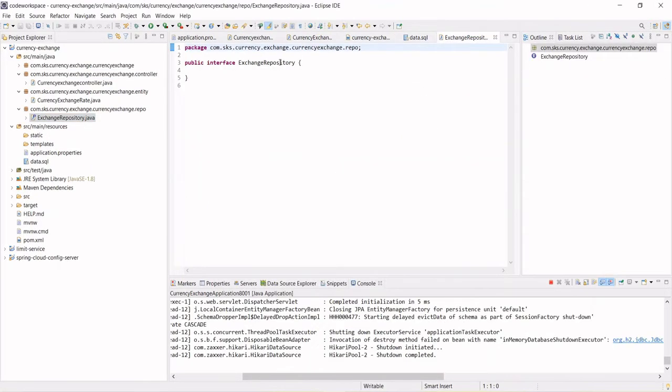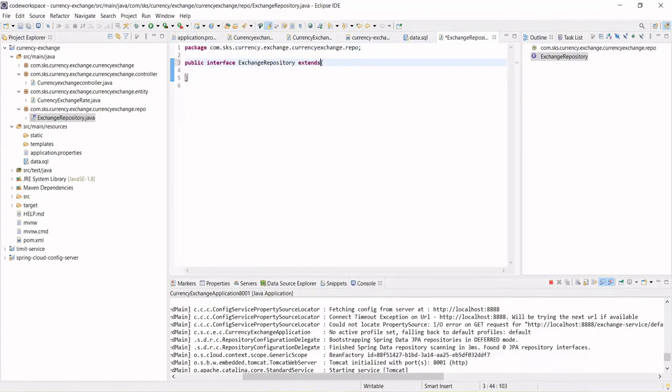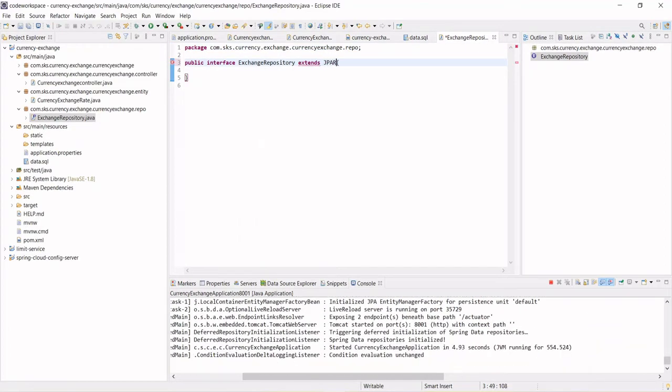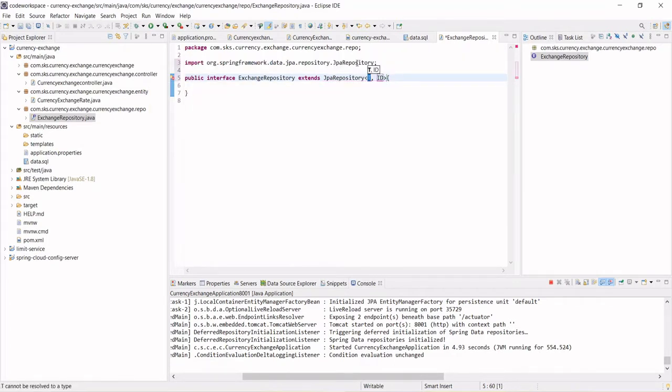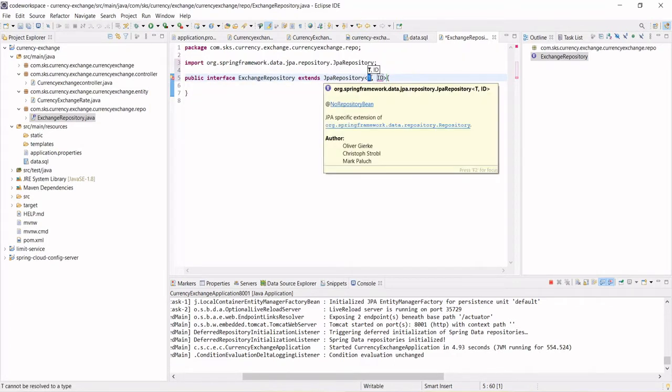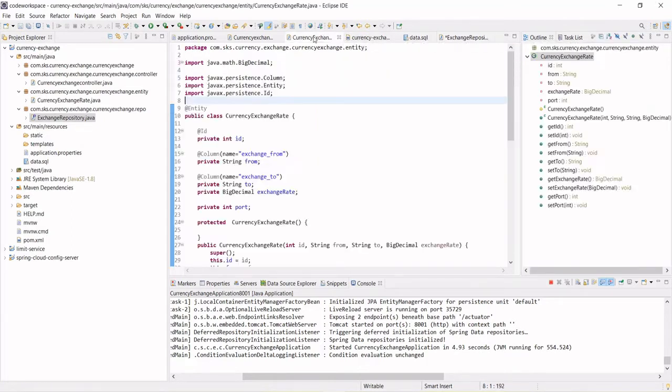So this is the repository that is going to extend JpaRepository, and you will see the magic of Spring Data JPA. T is basically the class which you want to refer to.